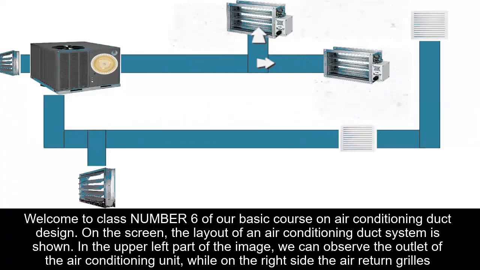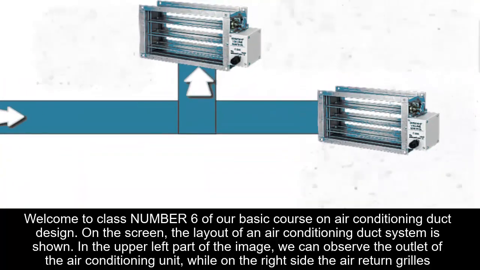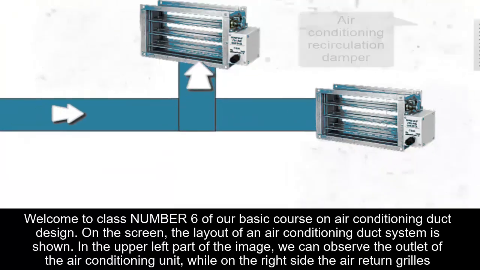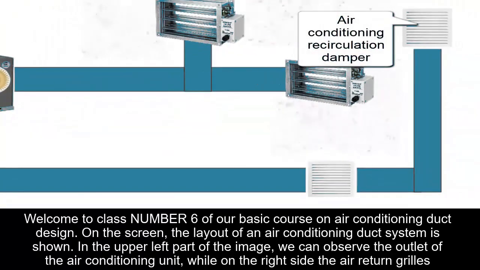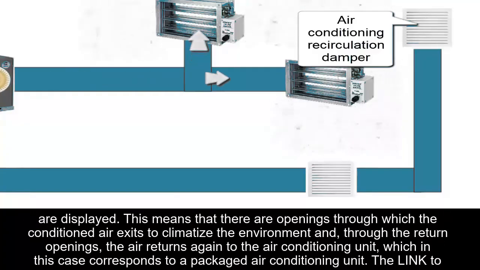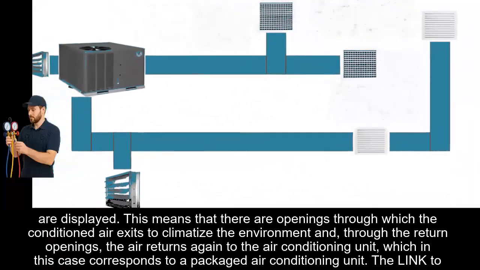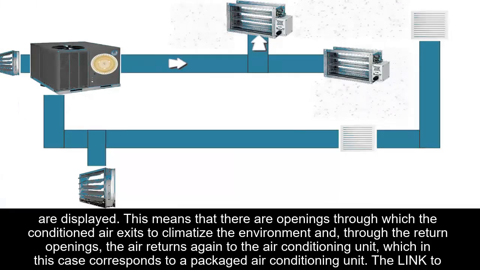On the screen, the layout of an air conditioning duct system is shown. In the upper left part of the image, we can observe the outlet of the air conditioning unit, while on the right side, the air return grills are displayed. This means that there are openings through which the conditioned air exits to climatize the environment, and through the return openings, the air returns again to the air conditioning unit, which, in this case, corresponds to a packaged air conditioning